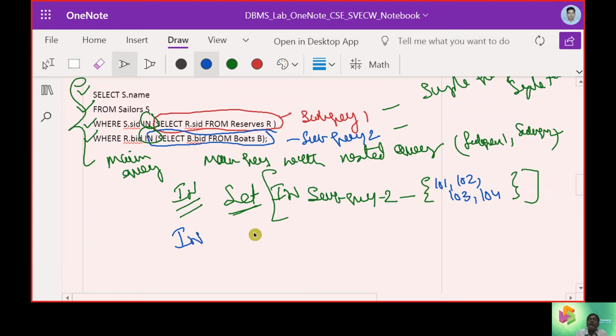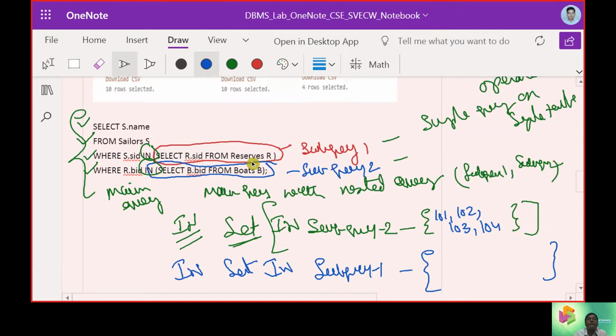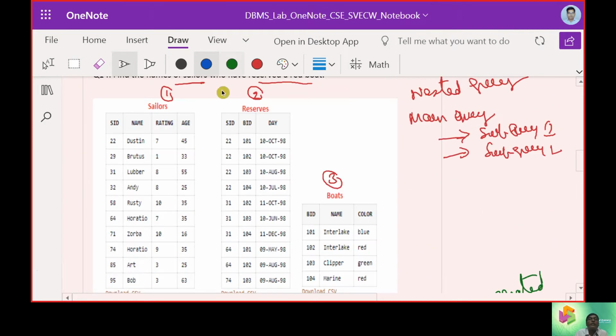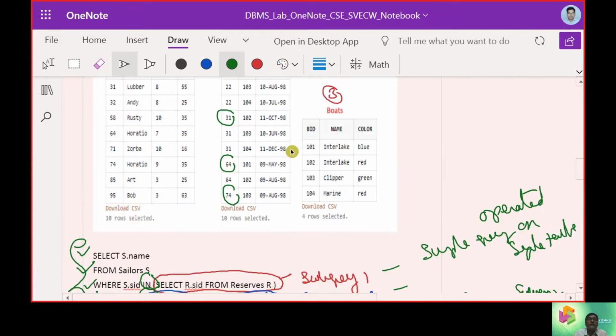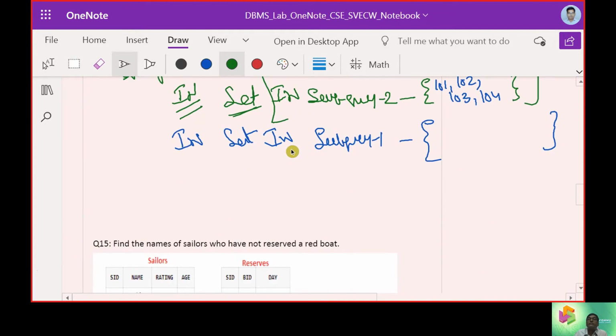In this, with subquery 1, again this is also a part with sets, and it is bringing up the items 22, 31, 64 and 74.